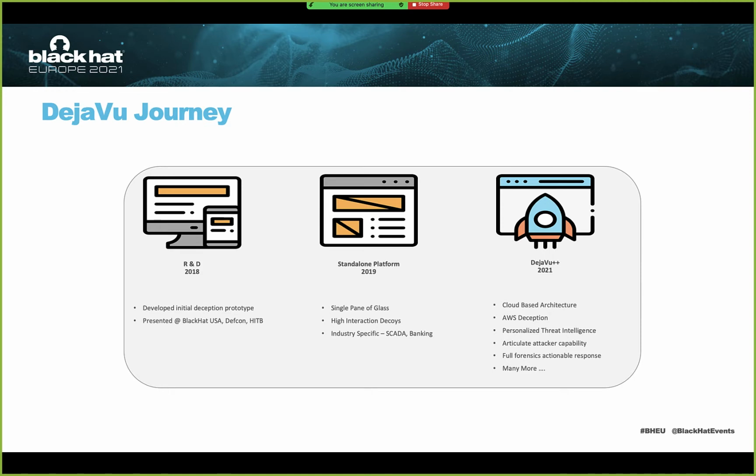And as I said, most importantly, we have also added the full forensic capabilities, and many more features have been added in 2021. So that's how we started with R&D in 2018, and this is where we are today in 2021. Now, if I talk about the current architecture, because it is very important to understand the architecture